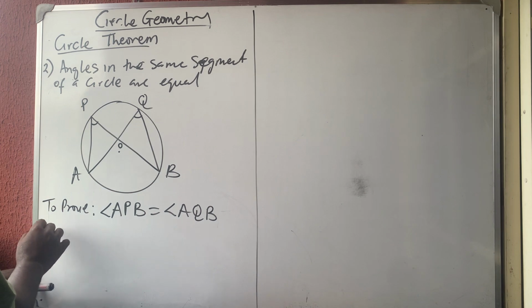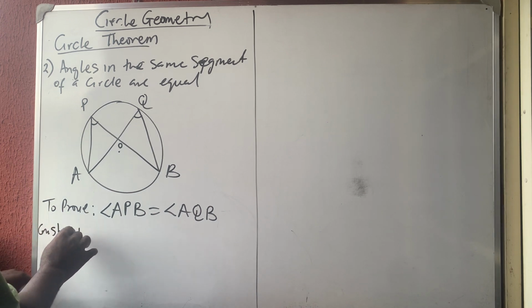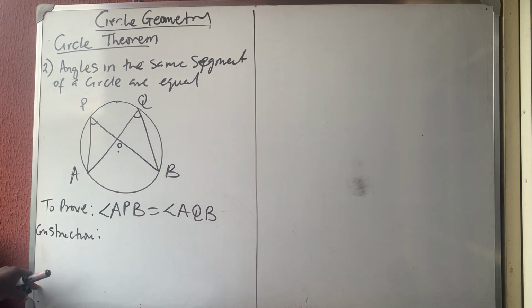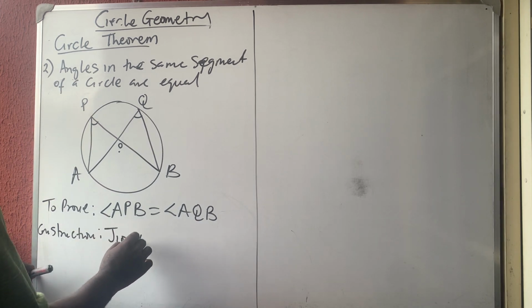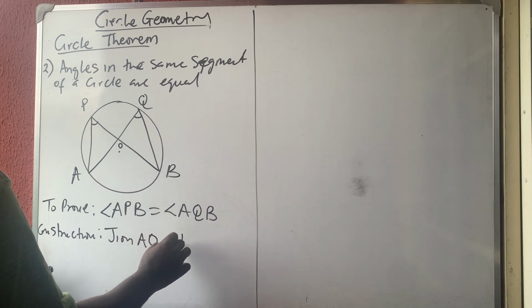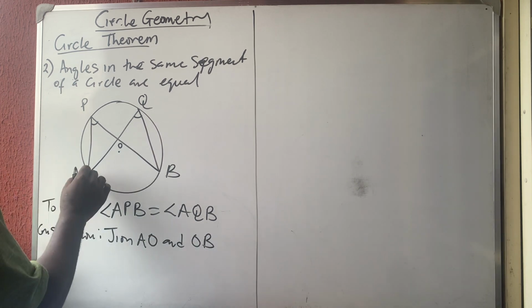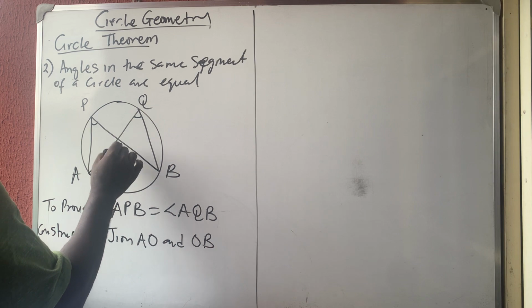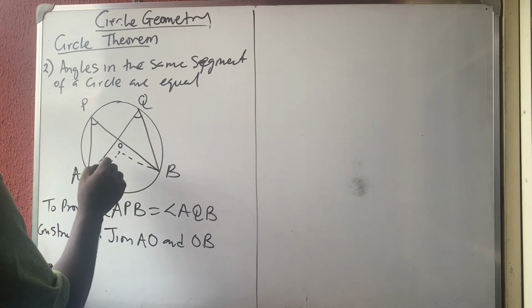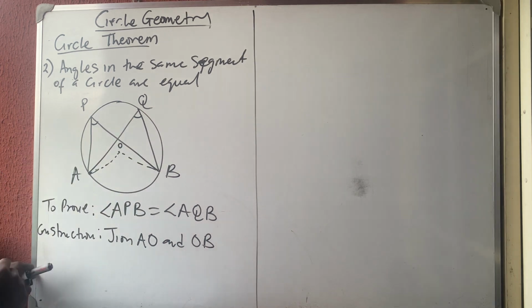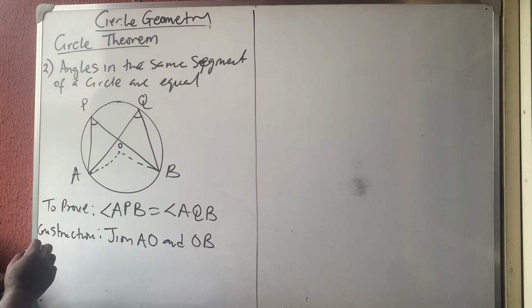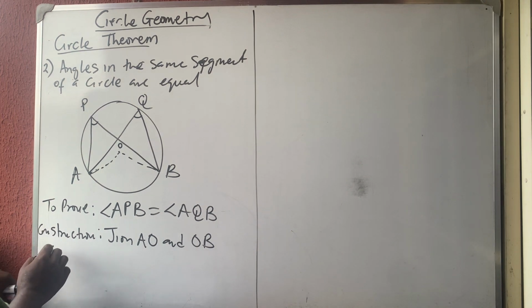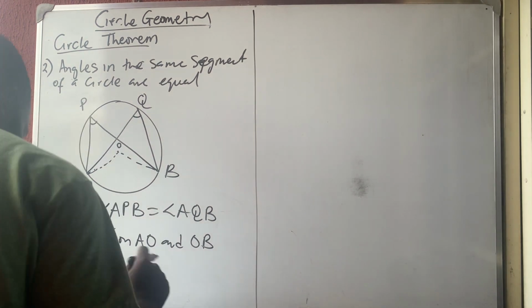Now, the only construction you need to do, you must be writing this if you are asked to prove it, is to join AO and OB. So we need to join this place. Okay, now if we join this place, can you bear me witness that angle